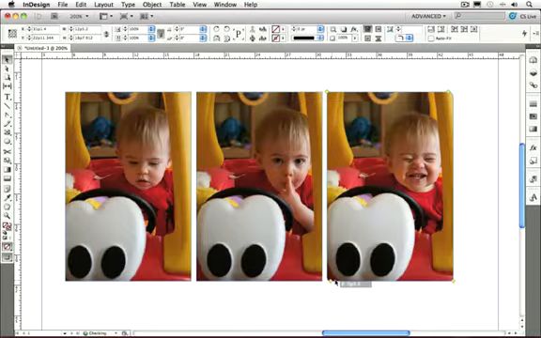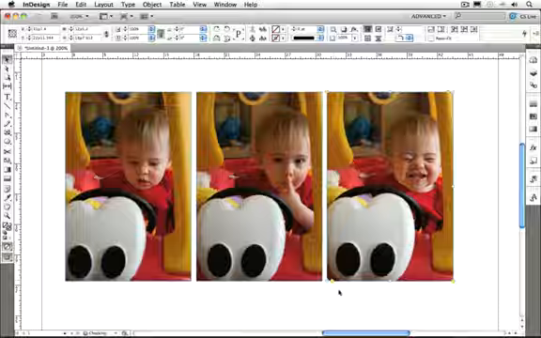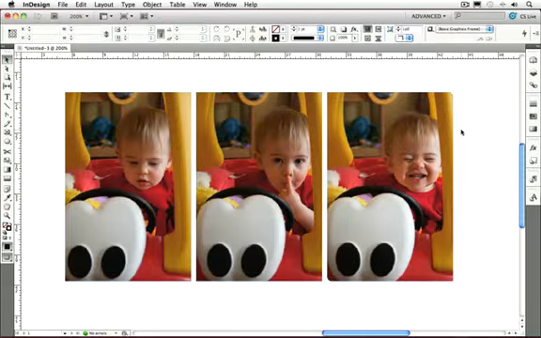Shift and drag, and I get a 6-point curve on the opposing edges of this. This is a nice look. I see this a lot, and I like to do this in my designs, and it's typically been a lot of work in the past. You'd have to either add additional points yourself or run the corner options script that ships with InDesign, but then if you change the dimensions of the object, you'd have to revert it to a rectangle and start all over